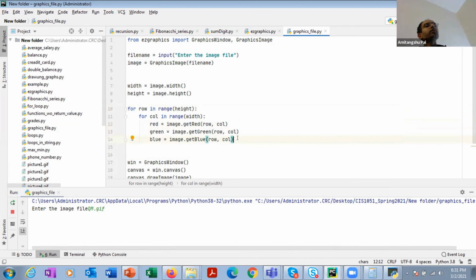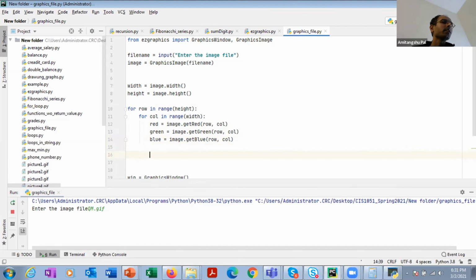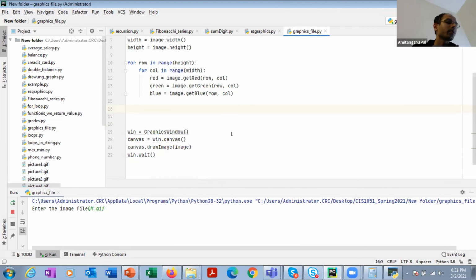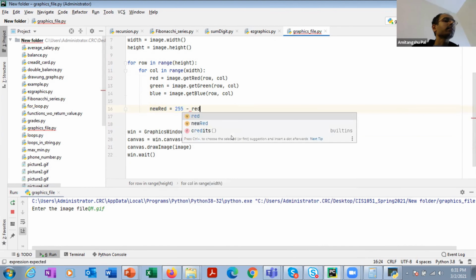Okay. The next job is to inverse the intensities. That means 255 minus the current intensity. So for the new image, which is going to be the negative of the current image, the new red intensity is going to be 255 minus the current red intensity.